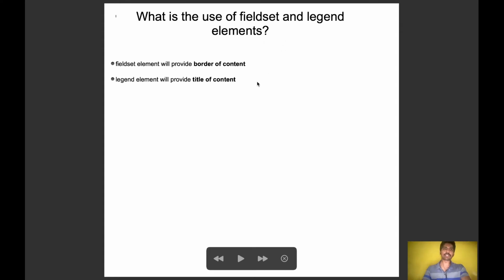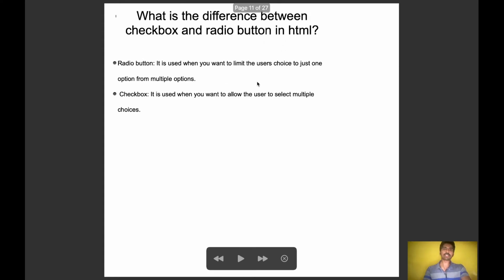Kind of these questions. Okay, then go to next one. What is the difference between checkbox and radio button? So checkbox means, let's say most registration forms will ask you to agree to the terms and conditions, and then they will use a checkbox. If you select the checkbox, that means you are agreeing, otherwise you are not agreeing.